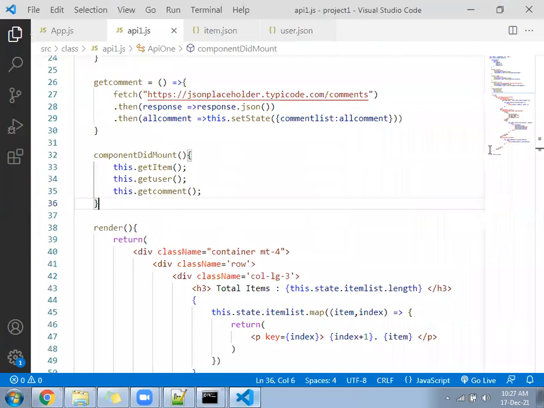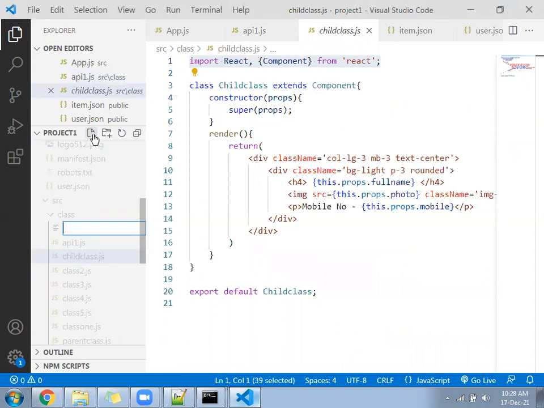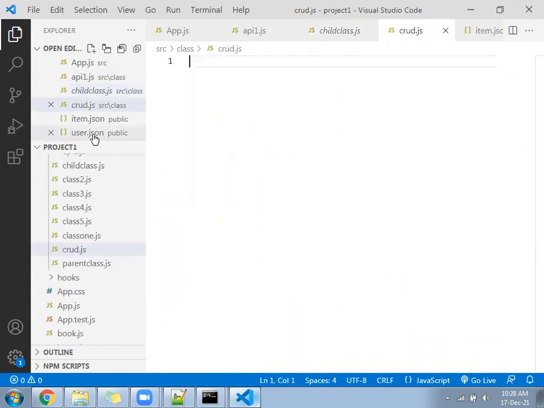Come to your class folder and create a file called crud.js.